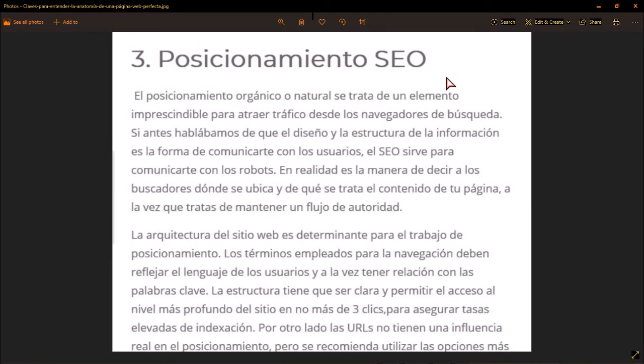And this is not just by chance. I was mentioning an example. Just imagine that we sell ice creams. So what we want is when the user looks for ice creams in a searcher, our web page appears in the first position or close to the first, so that the user sees us.